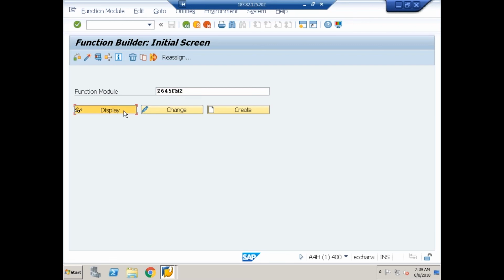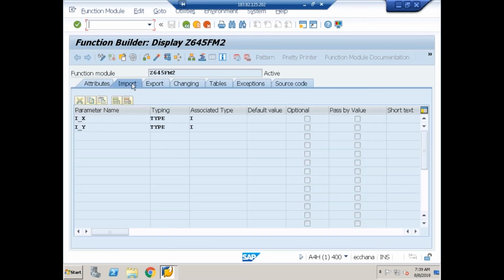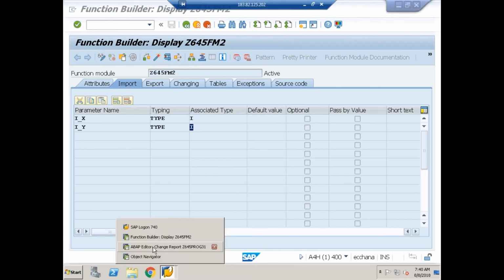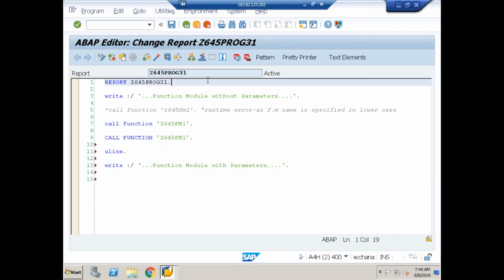Okay, so if you see the signature of this function module, there are two import parameters. What type? Integer. And both the parameters are obligatory. Check optional checkbox is not selected, means they are what? Obligatory. So while calling the function module, I must export two variables of what type? Integers. So that they are imported in what? I underscore x and what? I underscore y. Understood? So while defining, I gave it as import. While calling, they become what? Export. So what type of values you have to export? Integers only.